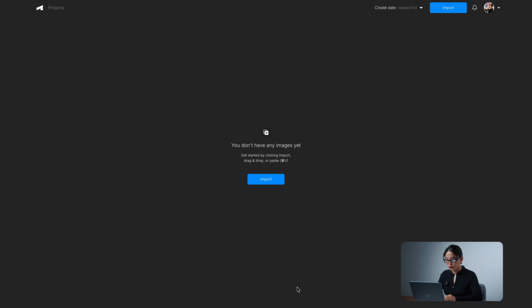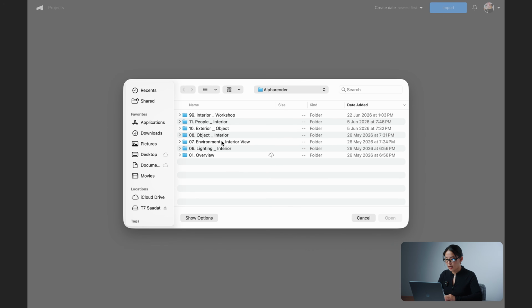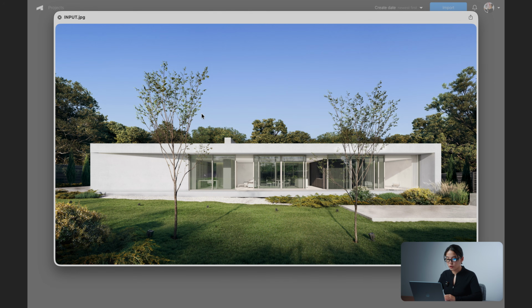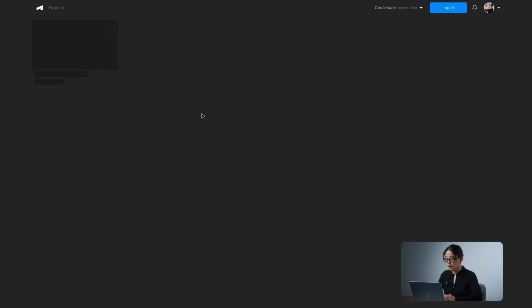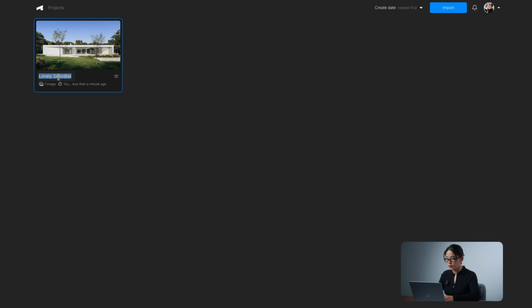Let's get going. For this mode to be active, you need a fully rendered color result. When working with 3D model sketches or grayscale previews, this mode will be unavailable. When you go ahead and import, I've prepared our input image, which will look like this. Press open and you'll see the project pop up right here. Once it's loaded, you can go ahead and rename it